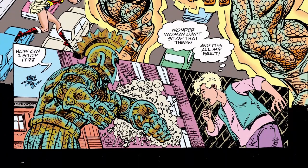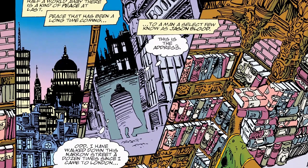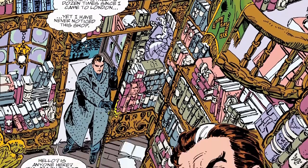And Wonder Woman just doesn't know how to stop it, and the girl blames herself. So we're going to move on now to, as John Byrne has kind of been weaving another layer into the story. And so Jason Blood is walking into this store in the occult,